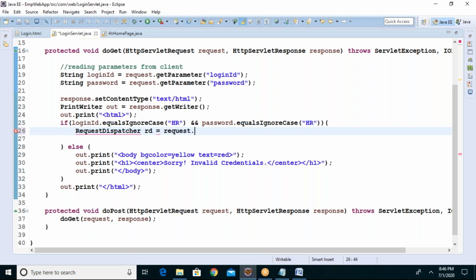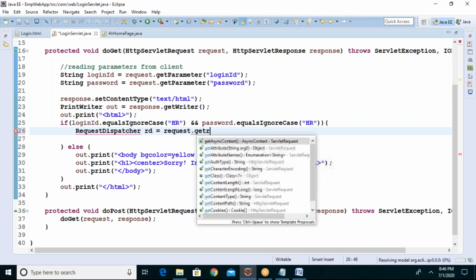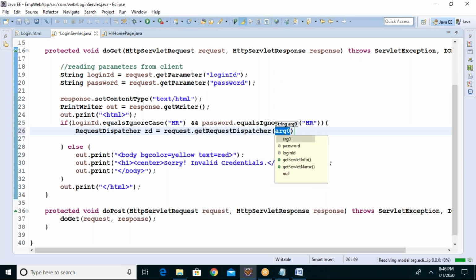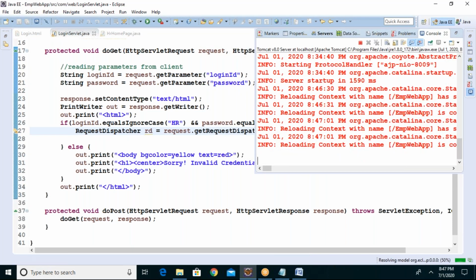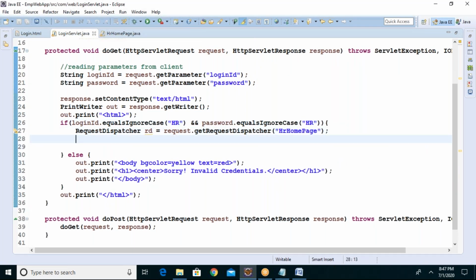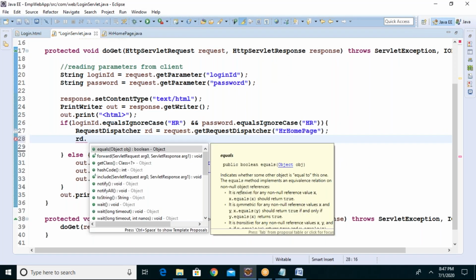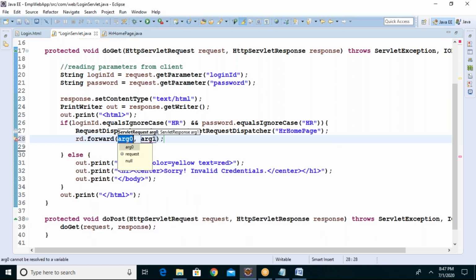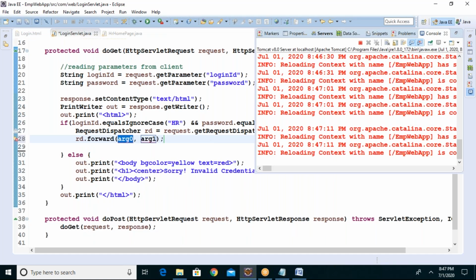What is my request object? request.getRequestDispatcher, and in that you pass this URL pattern. Then rd.forward.